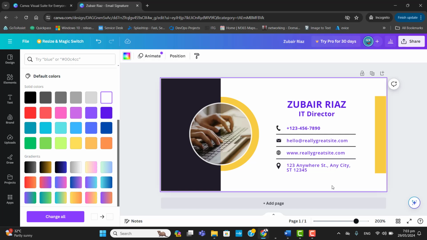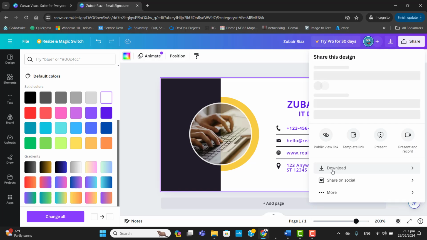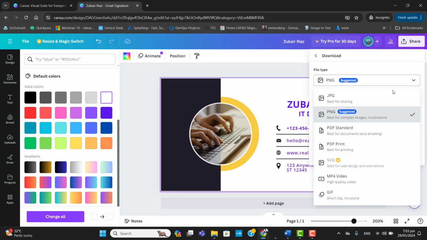Now I am all set with my email signature, and I want to download. So for download, you have to go to the share button here, and you can simply go to the download option. Once you go to the download option, you can select from here PNG, JPEG, PDF standard, PDF print. Some of the options are free, while some of the options will be available in the pro version. So I will set it to the same PNG image,